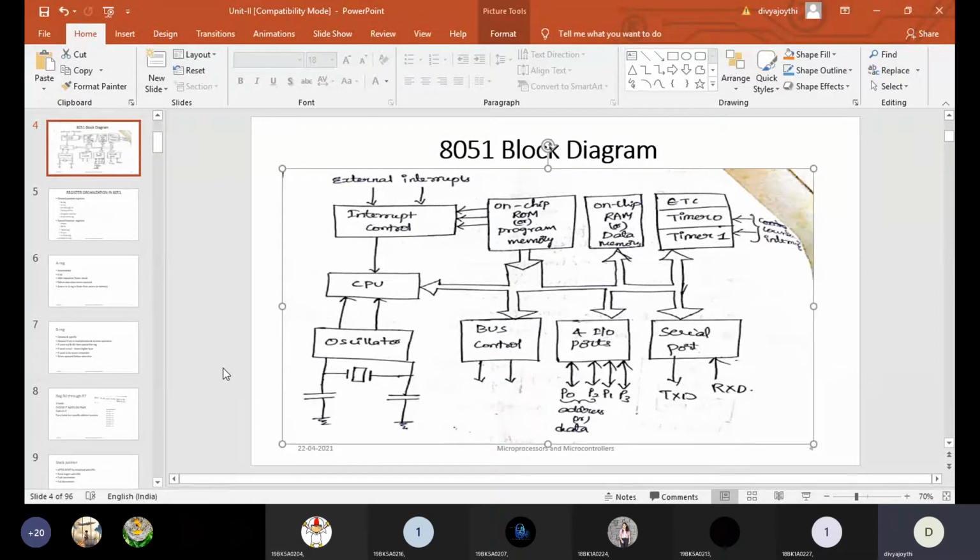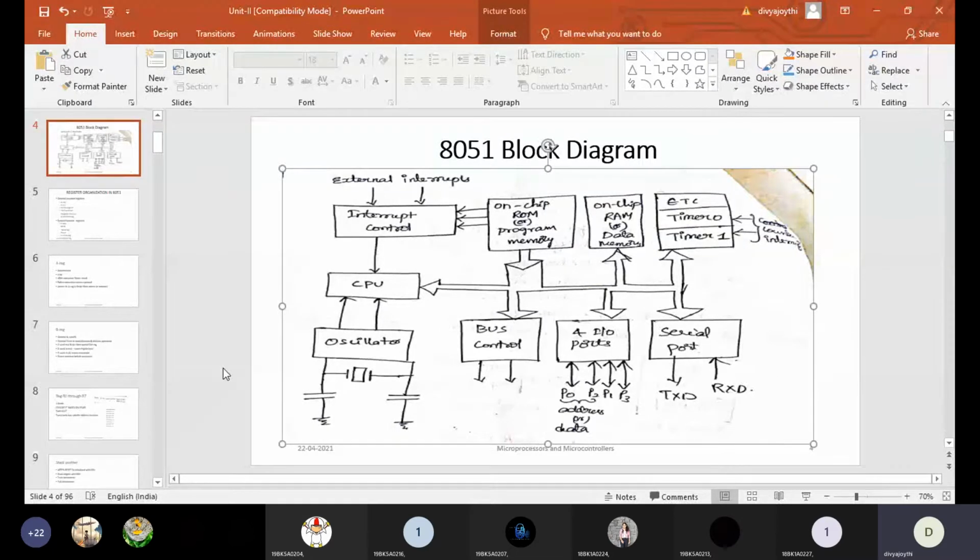Generally, whenever we try to open any particular file, if it takes more than 1 or 2 seconds, the end user will get irritated, because it is taking so much time. We might have work and we might be in a hurry. If it is taking so much time to open one single file, we can't accept that. Immediately we'll move on to the system admin and ask them to speed up the system. So that is what happens if the clock is not given properly to the processor or the controller.